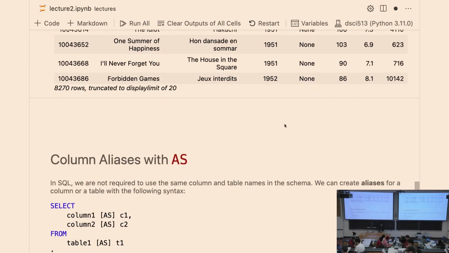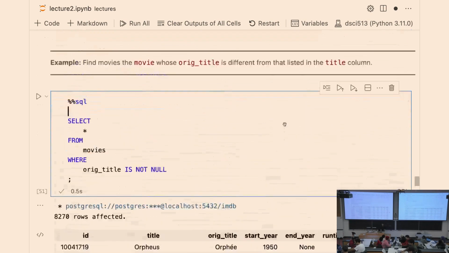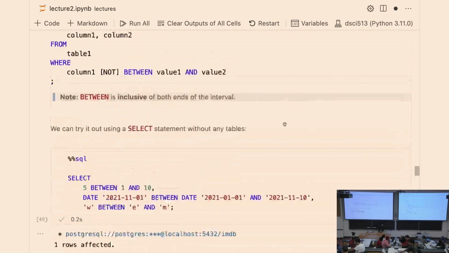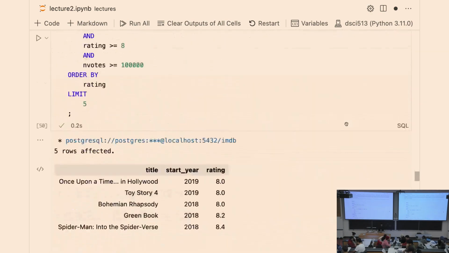Okay. All right, so before moving on to the next topic, any question about is null, about between, about, what about in? Yeah, I guess these are pretty straightforward. Okay. Now,